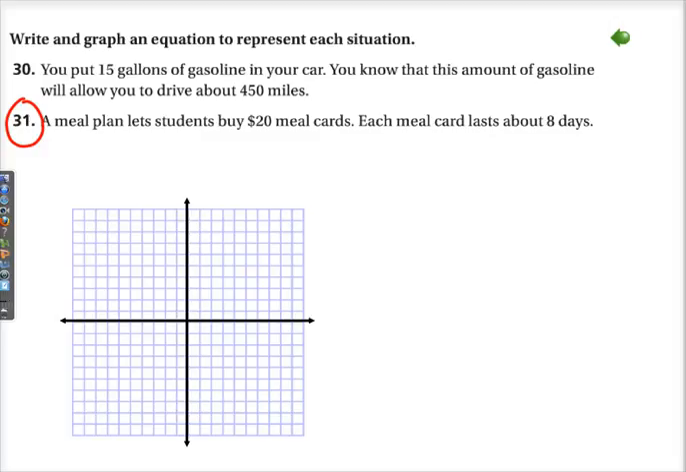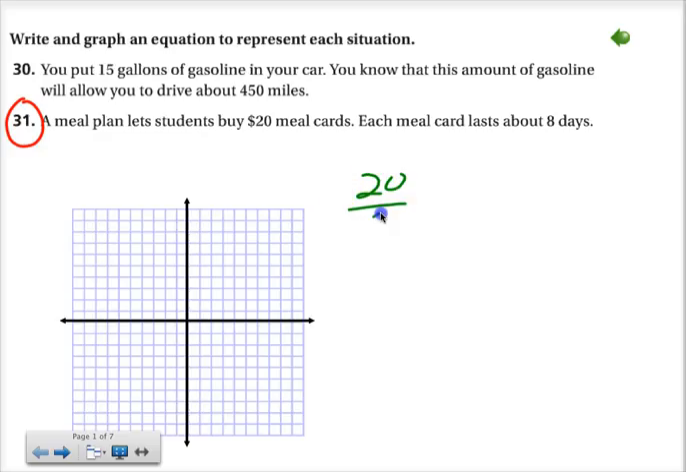It says a meal plan lets students buy $20 meal cards, and each meal card lasts about 8 days. So the first thing you want to do is figure out, if it's lasting about 8 days, how much are they really spending each day? When you do that, you take 20 and divide it by 8, and that comes out to $2.50